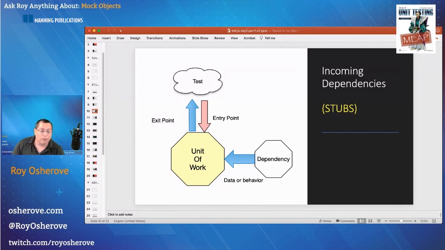Good question. So the question is, what if I have a third-party service, but it's actually maintained by my team or by a different team sitting right next to me? Is that a third party? And the question is, it's your choice. It's really your choice. And what I like about this discussion is that once we start defining a unit of work and its dependencies, we can start deciding what is a dependency that is a third party and what is a dependency that we can control. So if you can technically control that third-party code, or if you want to bring that code and use it at runtime, you could. Technically, you don't have to stub something out just because it doesn't belong to you.